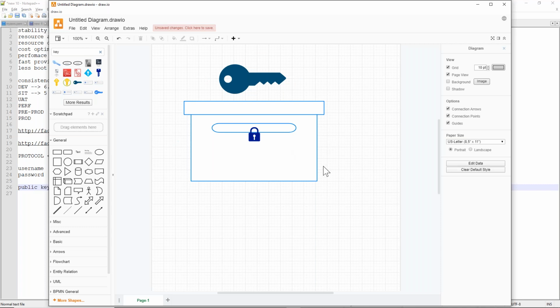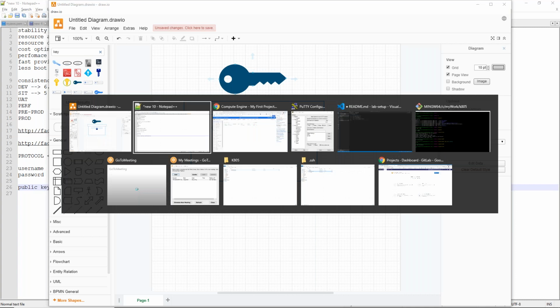So compare this box with your Linux box. We usually call our servers a server, instance, box, or node, whatever it means, server. This is called the public key because everybody is able to see this lock, and this one is called the private key. Even if somebody knows your host IP address and your public key, they cannot open it until they have this private key. A similar thing we follow here.